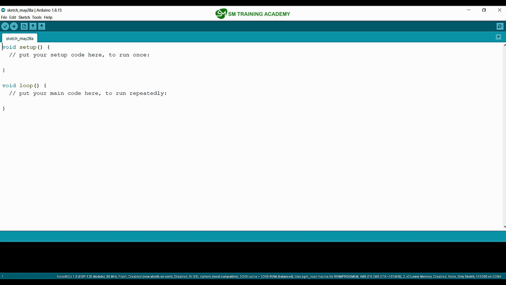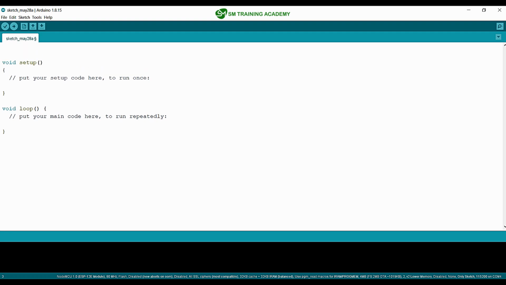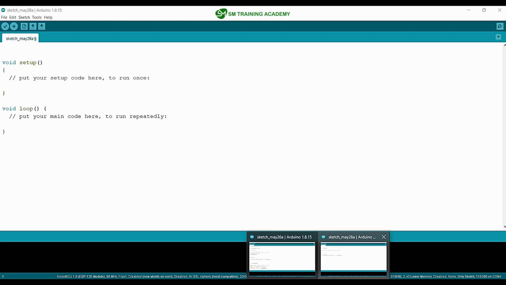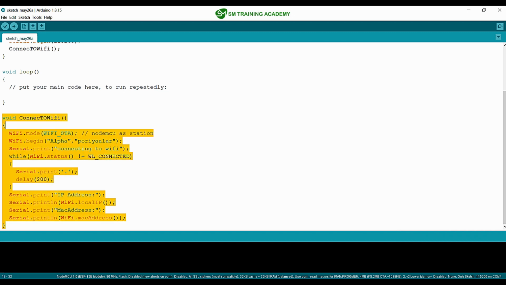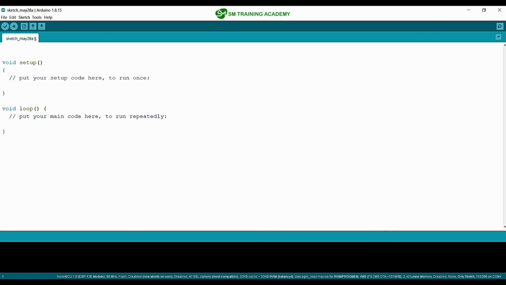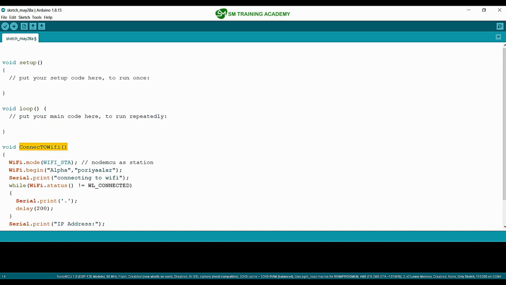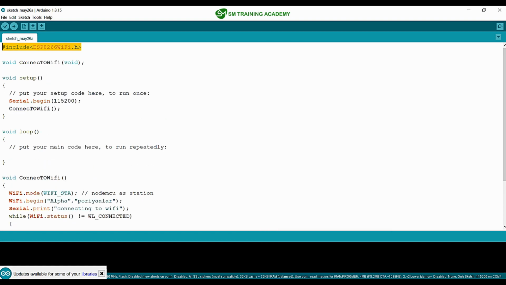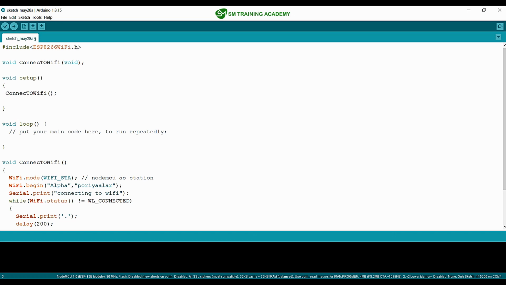So opening our Arduino IDE, as usual we want internet access for our NodeMCU, and that is why I am going to copy and paste this function that we created for connecting the NodeMCU to the Wi-Fi router available in my home. I am pasting this connectToWiFi function for fetching the internet access and calling it. Other than that, I am going to copy and paste all these header files and the function declaration at the top of the program.